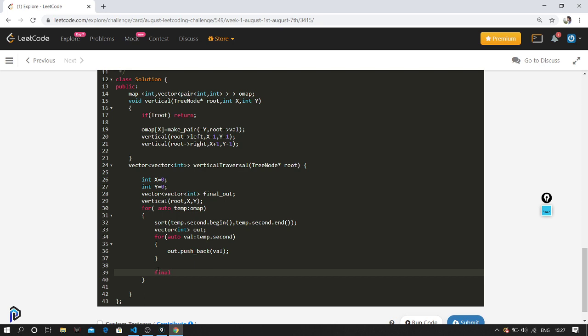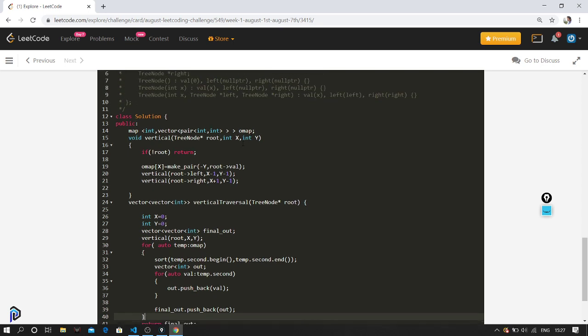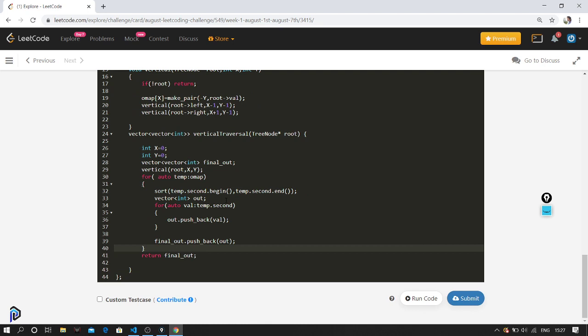So final out dot push back this out. Okay. So this would be done. After that, I should finally return final underscore out. So yeah, that's it. Let's see whether I declare everything properly. Yeah, begin and second. So this should most probably work. Just run the code.